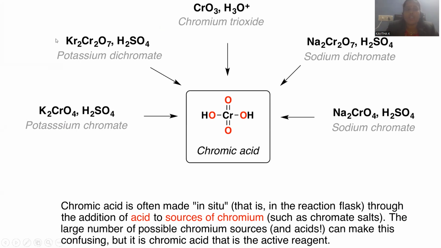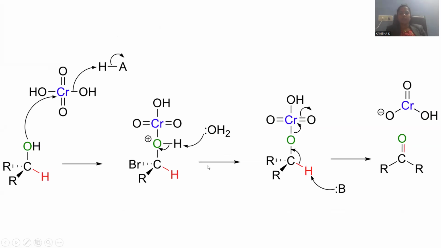That's why, whatever reactant you add with the starting material, within the reaction mixture there is an instant generation of H2CrO4, which is regarded as chromic acid. This chromic acid is able to oxidize whatever substance is present in the reaction vessel. This is the way all of them produce the single compound called chromic acid.